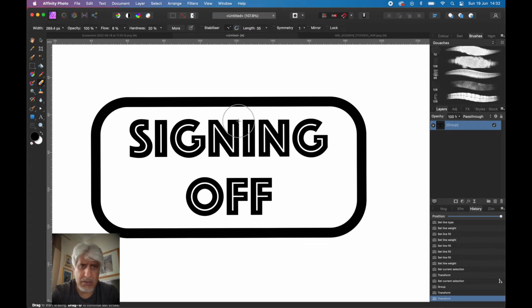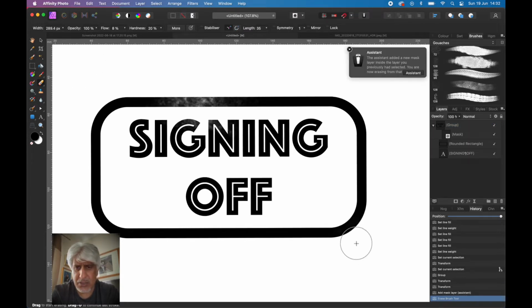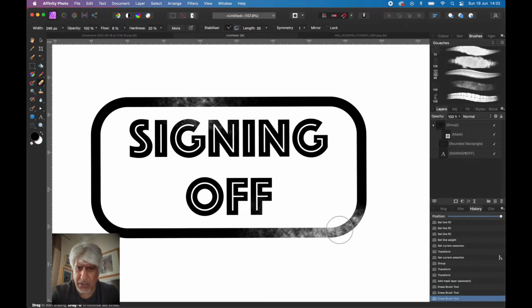Okay, got the eraser brush, and as we distress it or apply a brush, we can change the size of the brush, change the brush itself, change the opacity of the brush, the flow, the hardness of the brush. We can do all of that just to give it a particular effect. So we might want to just take it out a particular part like that. So we're just using the eraser really, nothing more, nothing less, and then increase the size, and then just go through and do whatever, and then change the brush